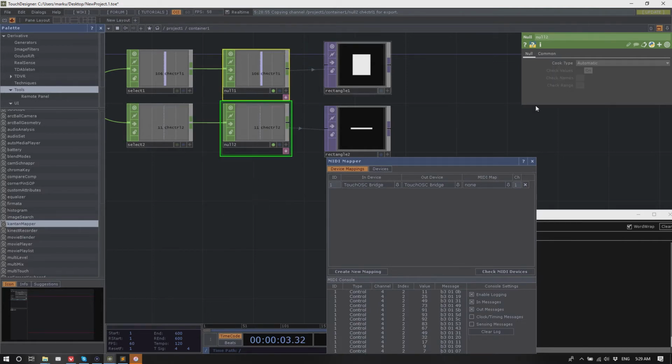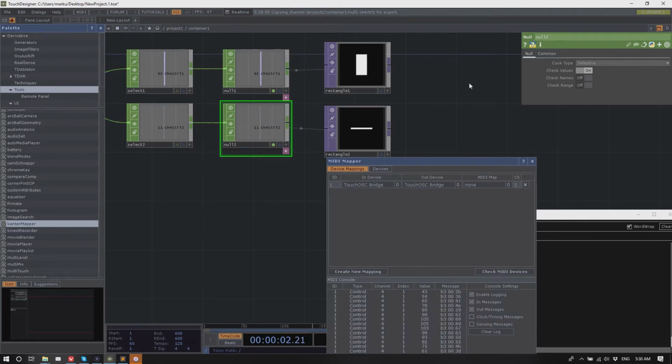And there's a slight, I wouldn't call it a feature, well, but it might be a feature. The Null CHOP is another good reason why to always export from a Null CHOP. The Null CHOP has the option to turn cooking to selective, which means that with the default setting it will only cook if the value actually changes.